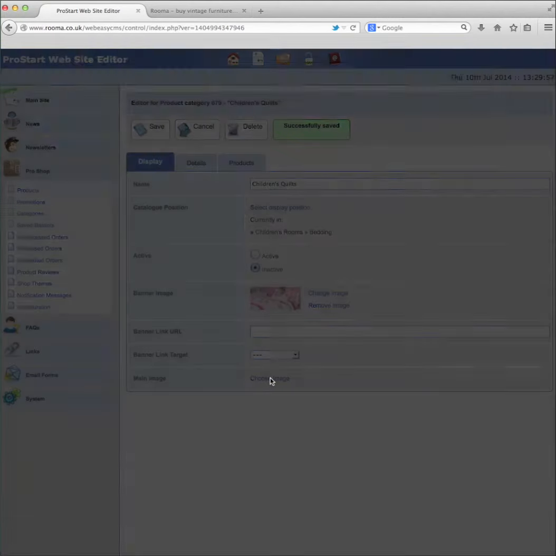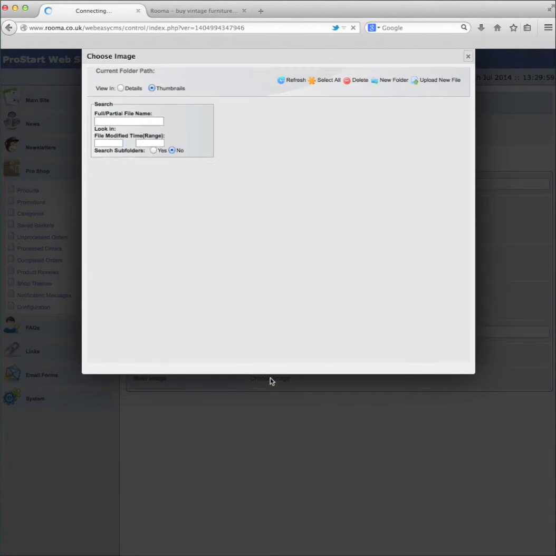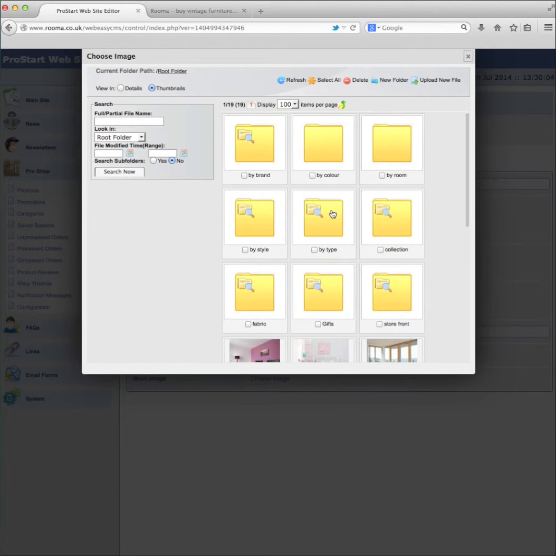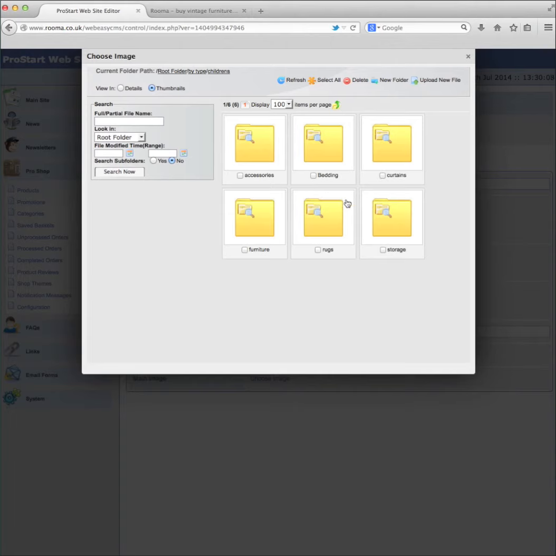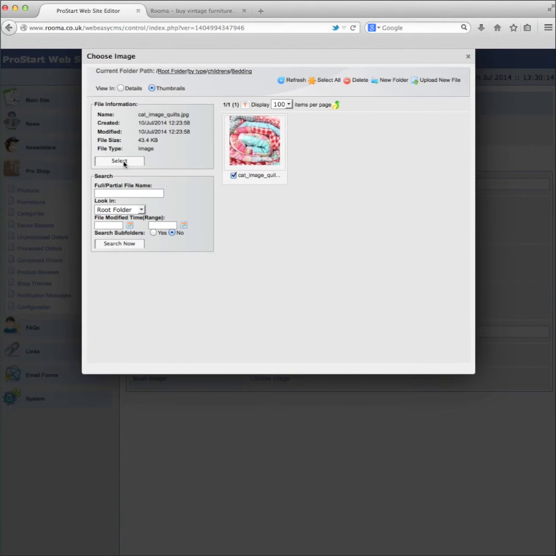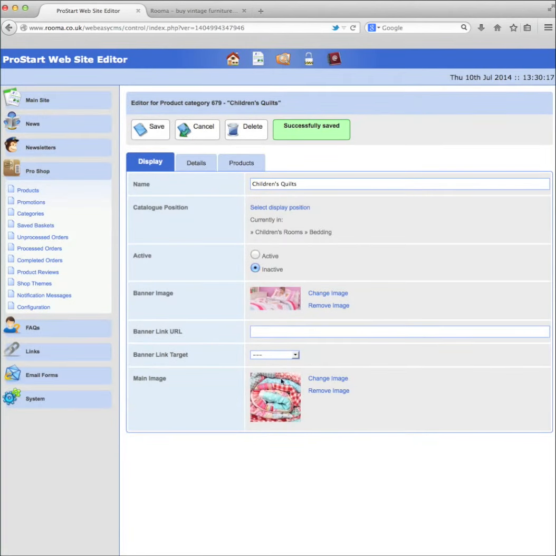Likewise with the main image, which is the thumbnail image, I want to put an image in for that. So I will go into an image that I've already put in here. So if I go into children's and into bedding, I can put an image in here, so I should tick that one and click select, and now I've got a thumbnail image. So I shall save this,